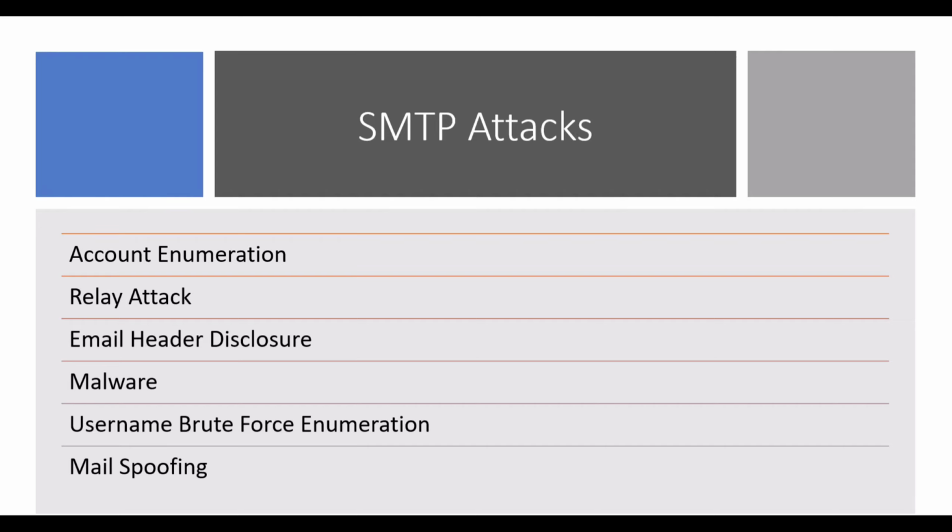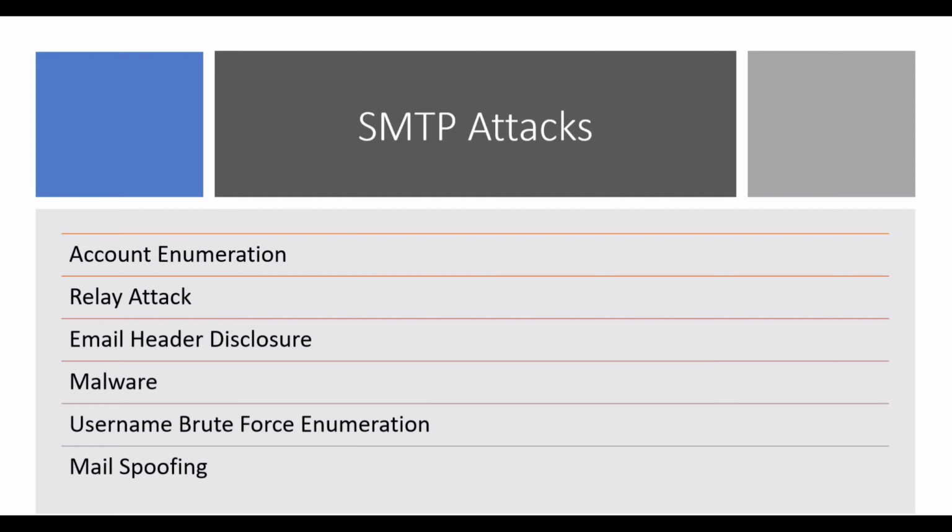And then we have a relay attack. This is when an SMTP server is improperly configured to allow unauthenticated relay of emails, and a spammer can connect to the server to forge the request. Basically, SMTP relay is a protocol that allows email to be transmitted through the internet from one server to another server, which is used for message delivery. So these are basically related to the relay attack.